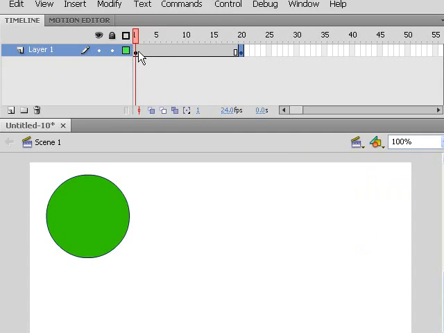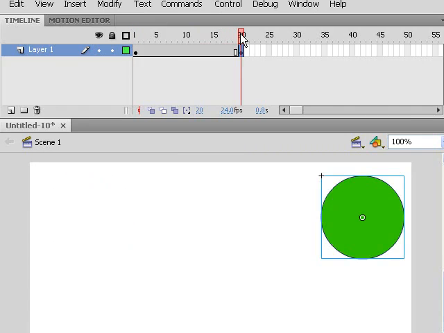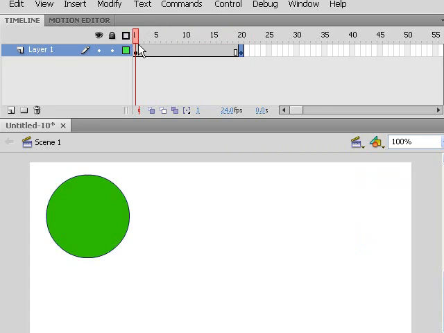Okay, so by setting keyframes, you're setting individual points of information on what is going to happen to the object that's on the stage, in our case this ball, and we're setting at frame 1 to frame 19, the ball's to the left. At frame 20, the ball is to the right. Now what I want to show you quickly is a way of blending in these keyframes. We're going to go over this again later on when it gets to animation, but what I want to do